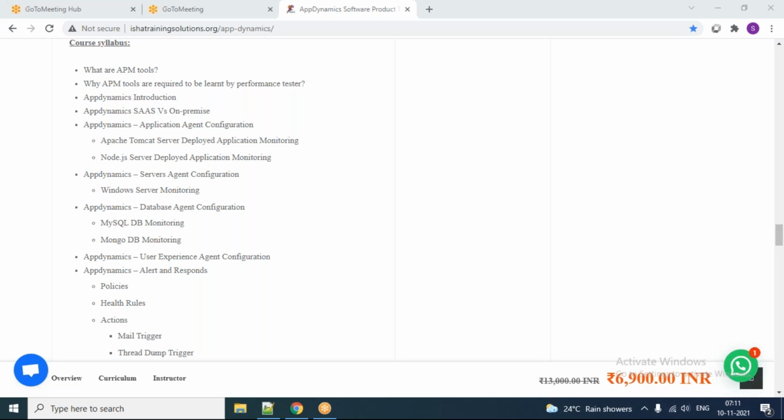I will explain how to set up the Java application and the Node.js application, and then how to configure the Java agent and how to set up the Node.js agent. Once these agents are configured, we will see how the performance related metrics actually come to AppDynamics.